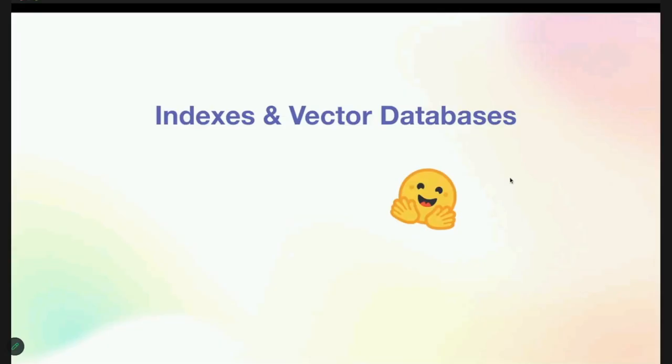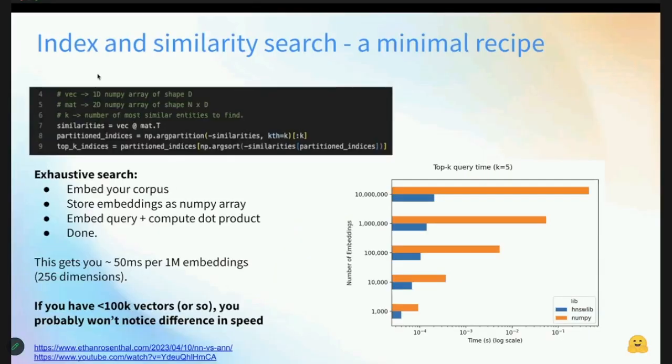So the next thing is to talk about, okay, well, what do you do with those embeddings in a search setting? And so we'll talk about indexes and similarity search first. The first thing to point out is that similarity search is a very basic task that can be achieved in 3 lines of NumPy code. There are lots of fancy methods and these vector databases, which we'll get into, but it's good to point out that at its core, this is really all semantic search, similarity search with dense vectors, is